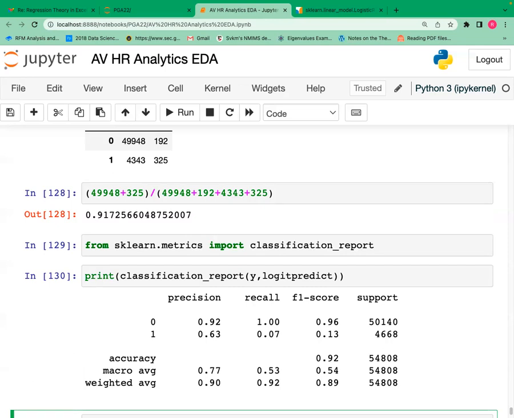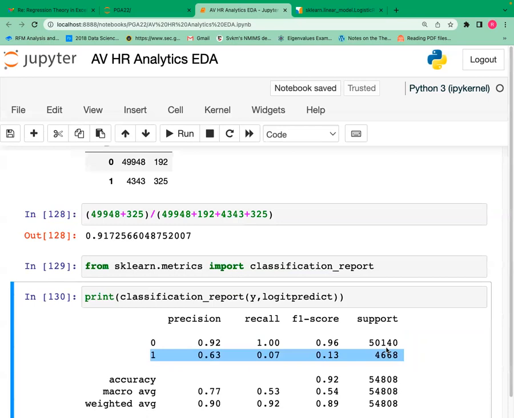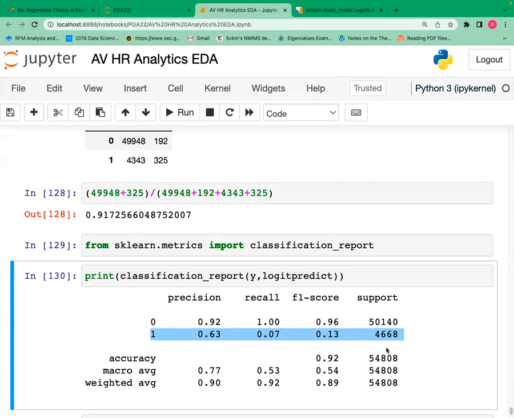Now, what do you observe with the classification report? See, the predictions of promotions is very bad, right? The algorithm's predictions for not promoted are 92%, 100%, and 96%. But for the promoted employees, it is predicting very badly. Why? Because we have a very small sample of people who got promoted, right? Since we have a very small sample of people who got promoted, the algorithm is not able to predict the promoted